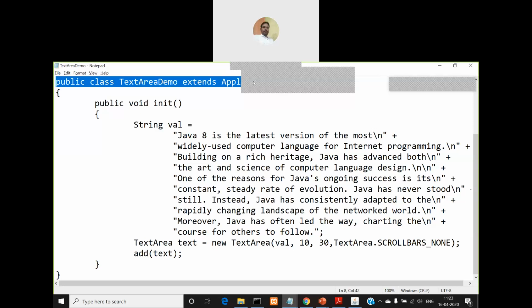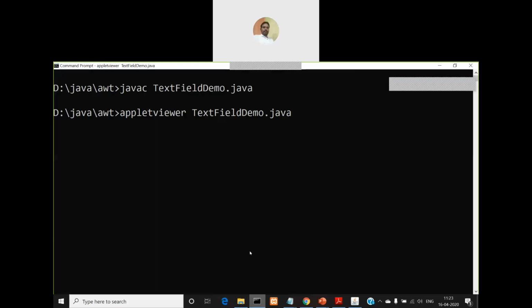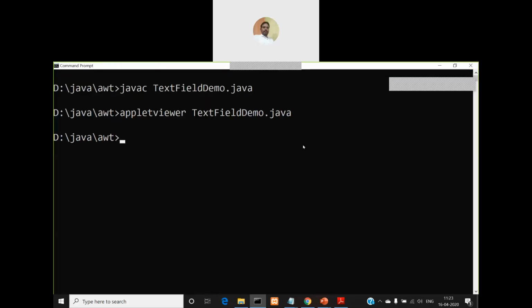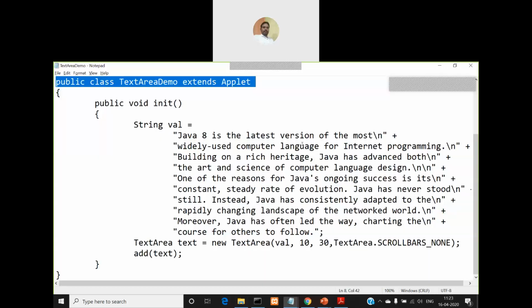Okay, so let me show you the output of this program. First, let me close this previous applet window. The name of the class is TextAreaDemo.